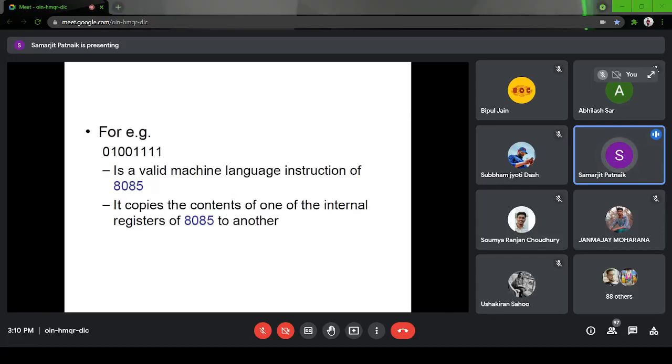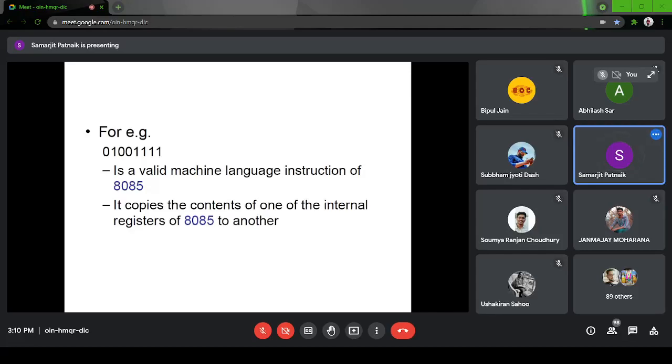What are the different levels of a language? With any high level language, like C or C++, whenever we code, there is something called a compiler. What is the purpose of the compiler? It includes the header files and corresponding libraries, then generates an object code. Once this object code is generated, it is basically an assembly kind of object code, then it will be converted into machine level language. So finally everything goes into machine level language.